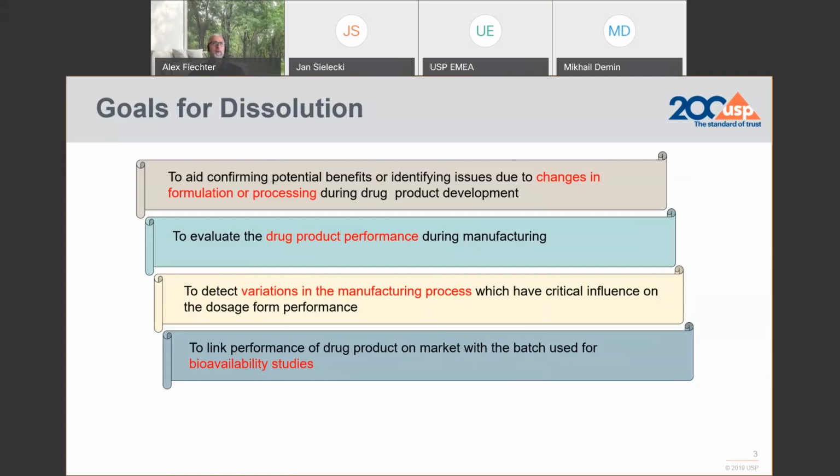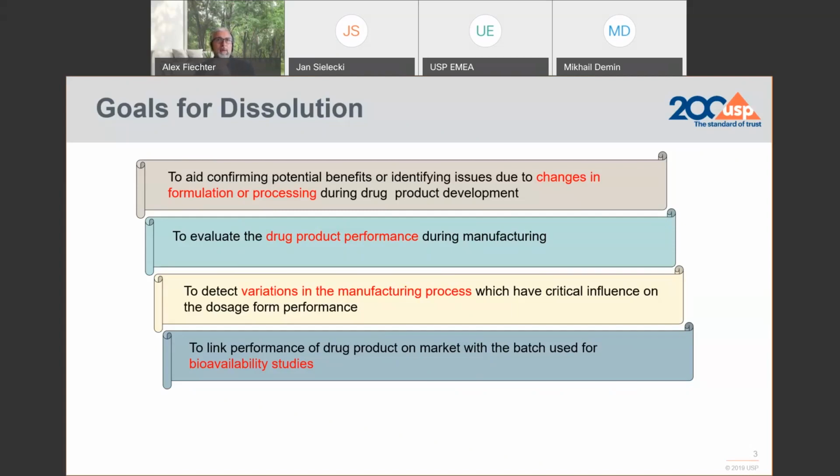But if you also want to assess the drug performance during manufacturing, as an in-process test or a batch release test, dissolution is the ideal quality and qualification test to go for. Variations in the manufacturing process can have critical influences that you would be able to review with the performance of the dosage form used for this particular test.